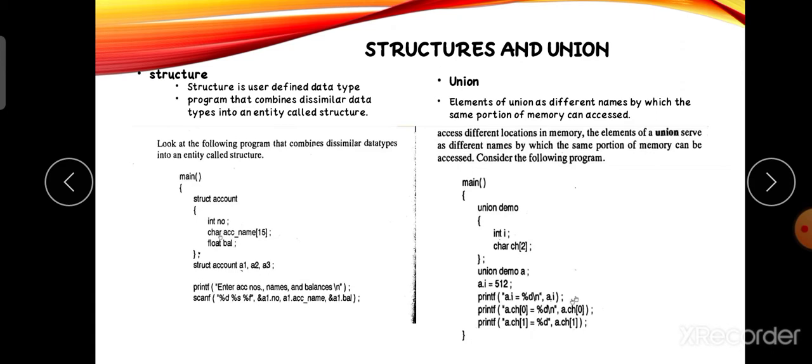A use case of the structure is using the structure variable with the dot operator to access members.